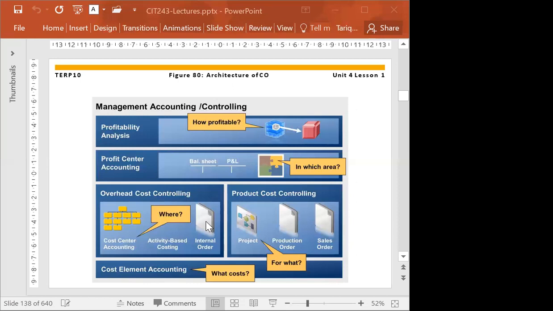So when the management asks, okay, how much are the travel expenses? They say 10 million. What is the distribution? Then they can get all the expenditure that happened in the different cost centers. They can collect all the amounts and they can say, okay, this is where you can find it out. For this department, this much, and for this department, and for this department, we have all the details. So cost center accounting is for internal purposes, not for external purposes to show.